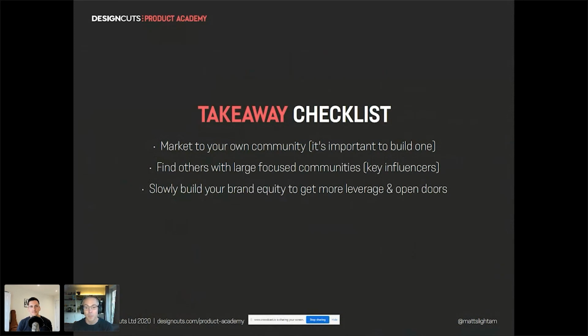As I say, you might not be able to get live sessions straight away, but you can get the ear of companies like Design Cuts by just getting out there, being different, being innovative. Again, add value, add value, be nice, reach out, chat, talk. And in the end, it will open those doors just through being nice.